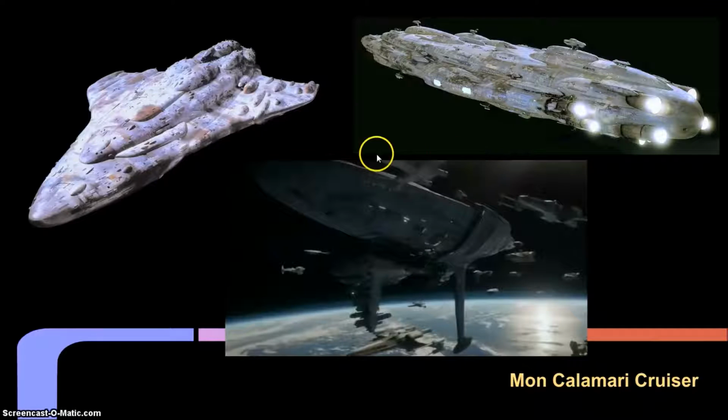And then in Return of the Jedi, we received the MC-80. There was the Liberty type, most famous being the Home One, Admiral Ackbar's flagship. Now these are very neat, especially since all of them are very organic in design. You wouldn't expect them to have the combat abilities they do. And originally they didn't, because in Star Wars Legends, and I believe also Star Wars canon, they were converted passenger